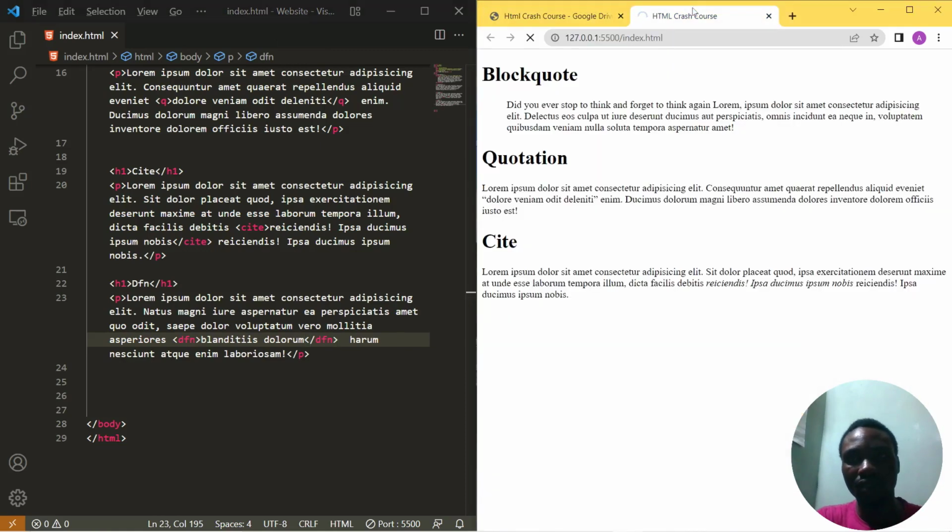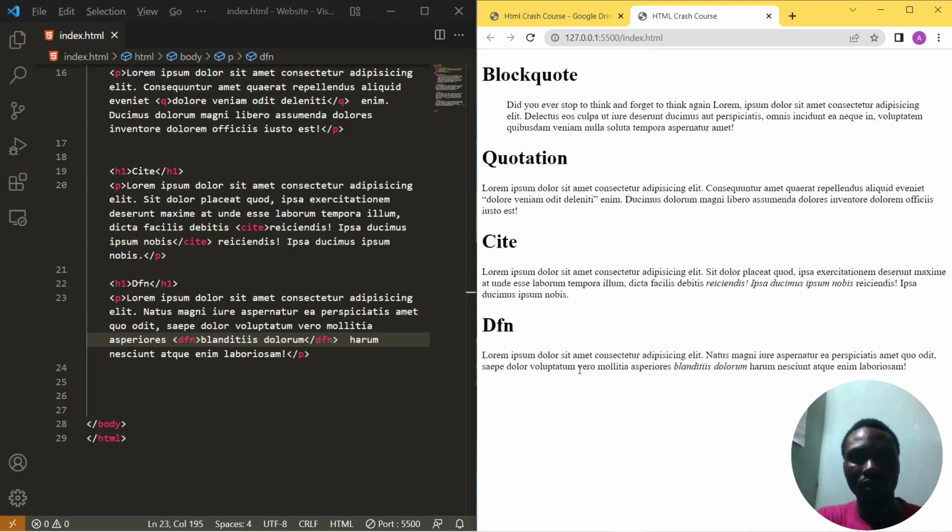So we come to our browser, so it will show. It's loading up. So you can see now that this place is also in slant. But by the time a programmer is reading the code, you will know that this person is trying to define this term that is right over here. So that will be all for this